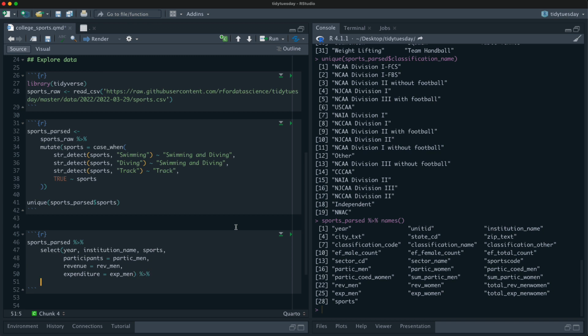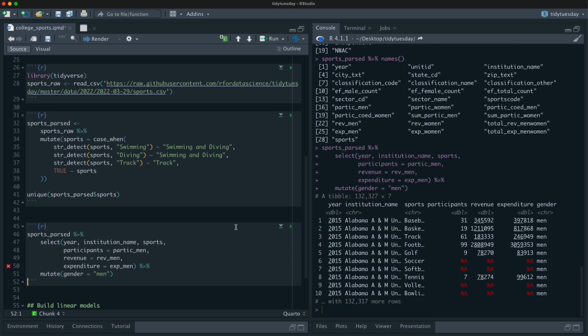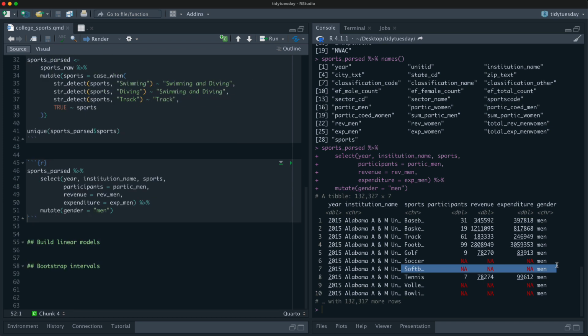All right, and then let's add a column that says the gender of this sport is men. Notice men don't play soccer at this school. Men don't play softball anywhere, so we've got a lot of NAs in here, so we're going to filter those out.